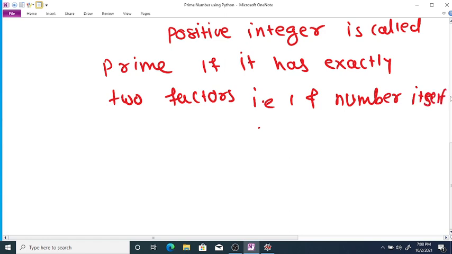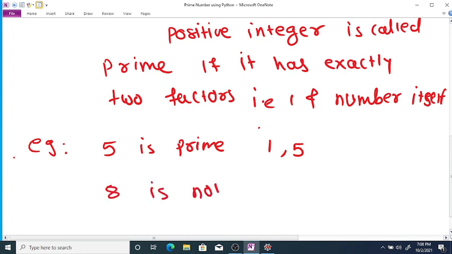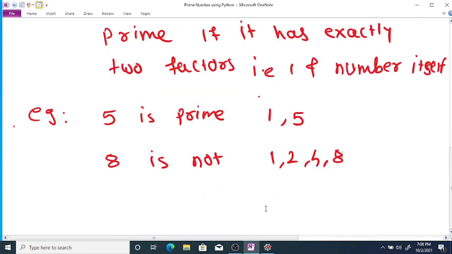For example, 5 is prime because it has exactly two factors, that is 1 and the number 5 itself, but 8 is not prime because it has 1, 2, 4, 8, that is 4 factors, and therefore 8 is not a prime number.